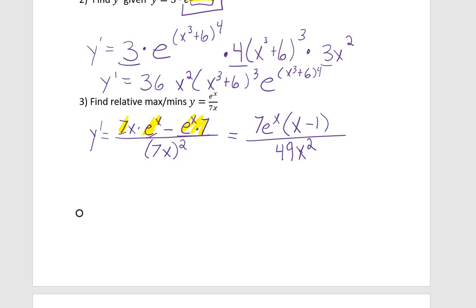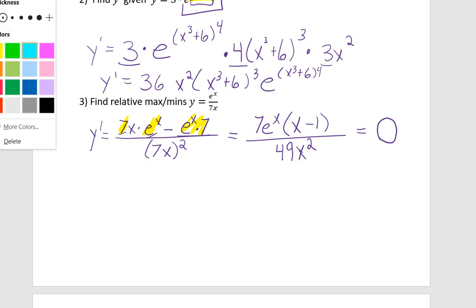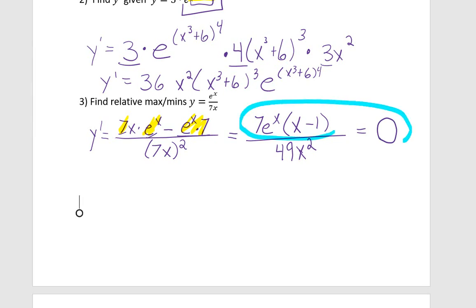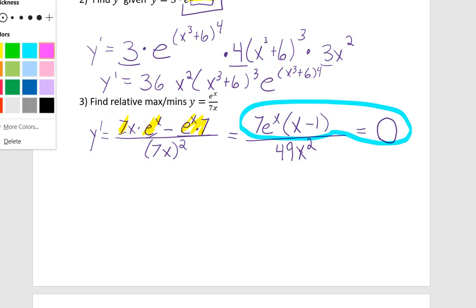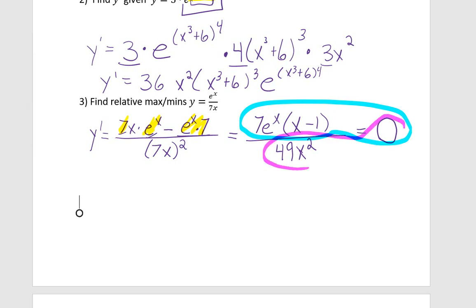Now, when you're looking for relative maxes and mins, you're going to set this equal to 0. Now, there's 2 things we're going to be looking out for. We're going to be looking out for when the top gives us 0, and we're also going to be looking out for when the bottom equals 0. So that's going to give us 2 x values. We're going to have x equals 1, and the bottom will equal 0 when x equals 0. Now remember, we're going to take those values,